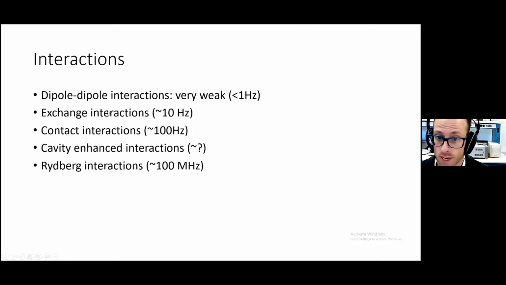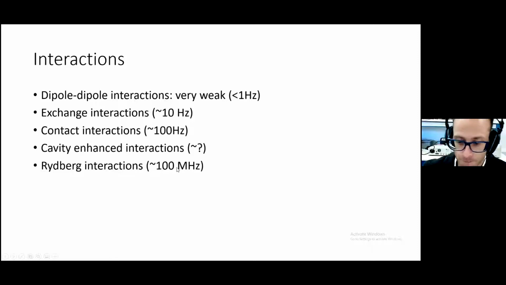There is other exchange interaction, contact interaction, and maybe the biggest and most significant step that we can use with neutral atoms is to promote the atoms to Rydberg states. Basically, it makes the atom very big with a large dipole so that it can actually interact on micrometer scales